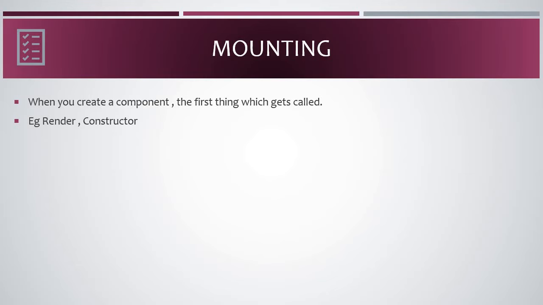One such example is, when you use a class component, you will see the constructor being populated, right? We used to have a constructor. At that time it is used to initialize the state values, right? It is one such example, or one such time, where the component is mounted into the DOM. And another example is the render method itself, like initially what are all the things that would render. So these are all the things which happen at the mounting stage.